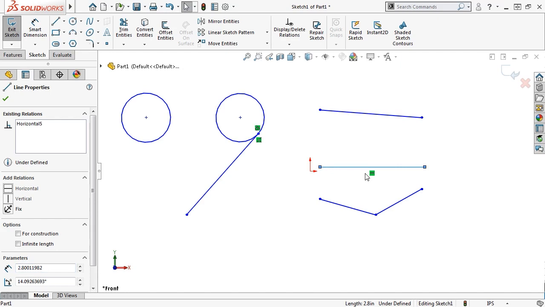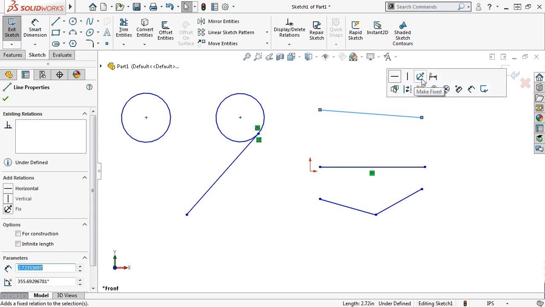This can also be done through the Context toolbar. When I select a sketch segment, available geometric relations are visible in the top row of the Context toolbar. You will also notice that one of the relations in the toolbar has a dashed box around it, showing which one of the options the sketch segment is already closest to. In this case, the sketch line is closer to being horizontal than vertical, so the horizontal relation has the dashed